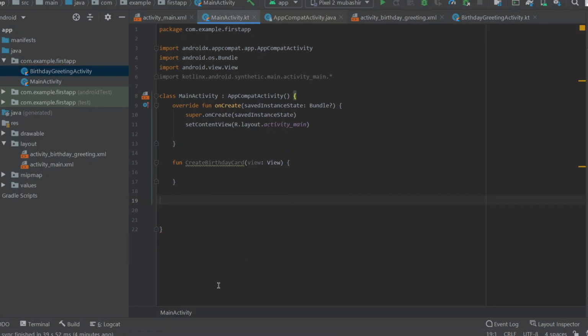So now let us get back to our card. Here let me show you one thing.